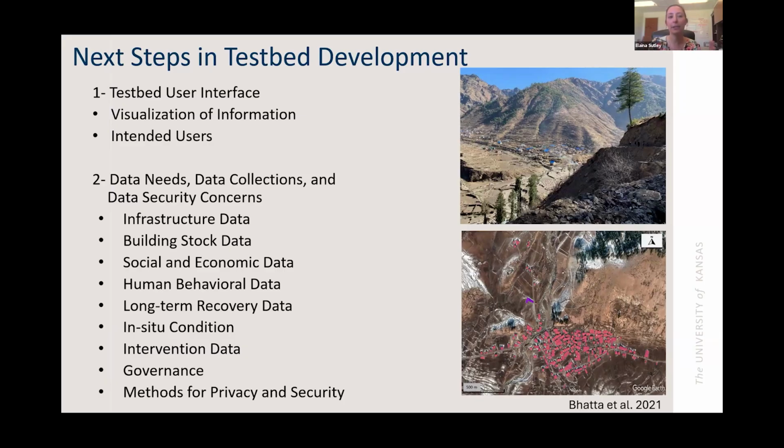So the first category of next steps in testbed development that we need to see is the continual development of the testbed user interface. I started with this one because right off the bat, Greg was showing some really amazing screen captures from the SimCenter, and as a researcher, I love to look at that. That's exactly the type of thing that I want to be able to interact with when I'm working with a testbed. And depending on the purpose or the intent of the testbed, that needs to directly correlate to what the user interface looks like, and not just the user interface, but also